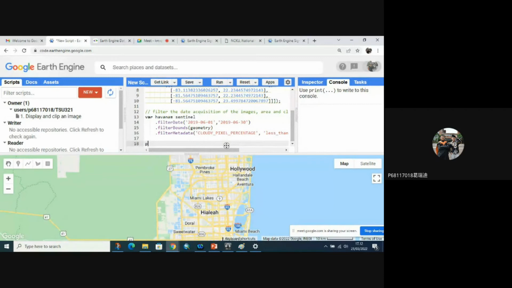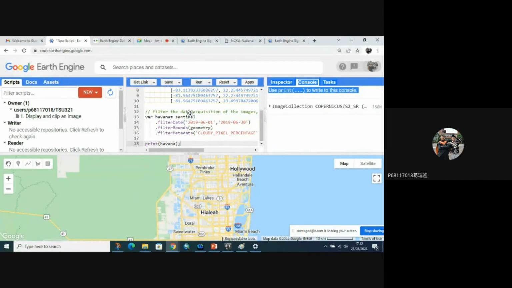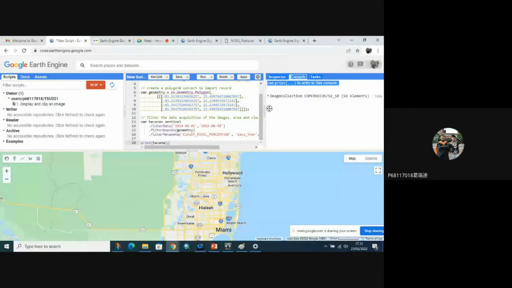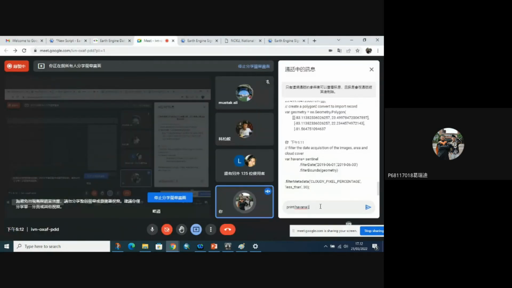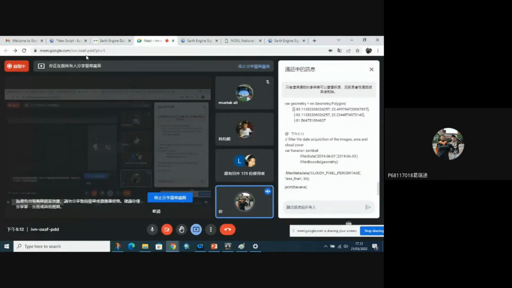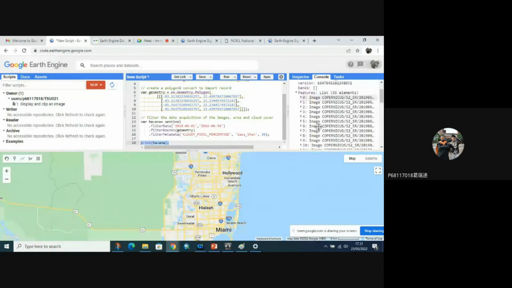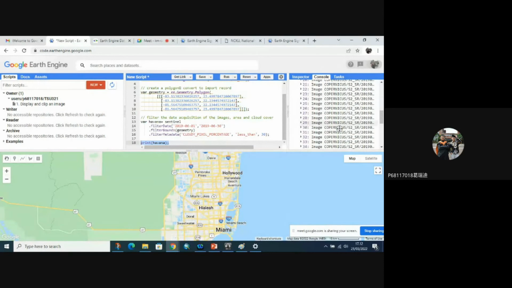Yeah, try to print Havana. Yeah, we have 56 images. You can try to show your images. Print Havana, and you will get the list of your images. There are 56 images here.